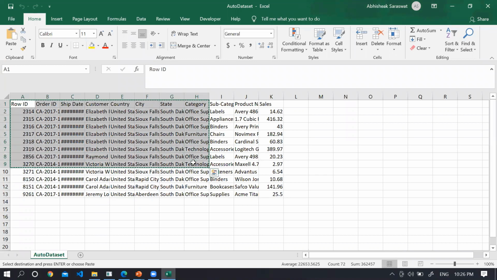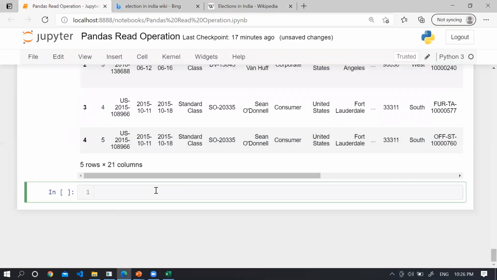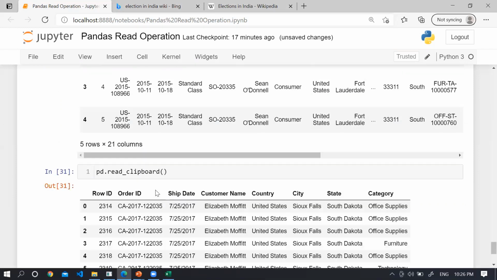Let me copy it here. In pandas, you can use the concept to read the data from the clipboard, which is pd.read_clipboard. So you can see that you can read the data from the clipboard also. What you need to do is simple: copy this data and hit the command read_clipboard. Guys, this is just like magic, right? I will repeat myself once again: reading data using Python pandas is very easy compared to other programming languages.